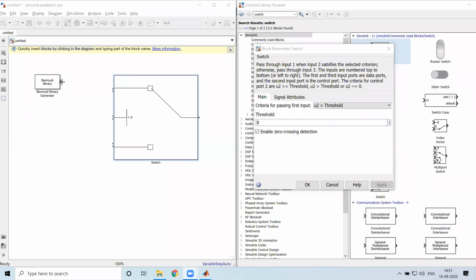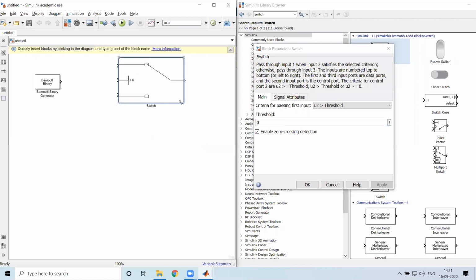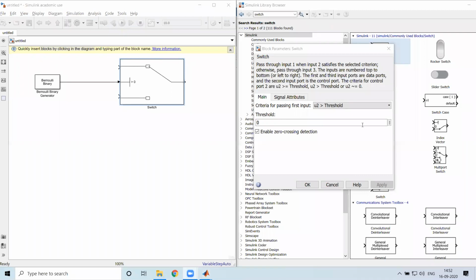based on the criterion. Now the logic I am implementing is that the Bernoulli generator's output will be given directly to the switch. This will act as the conditional operation in the switch.